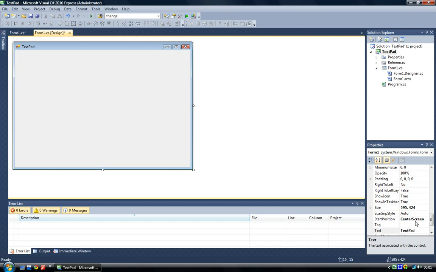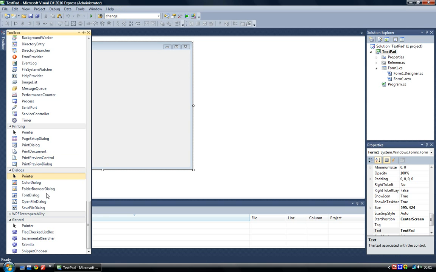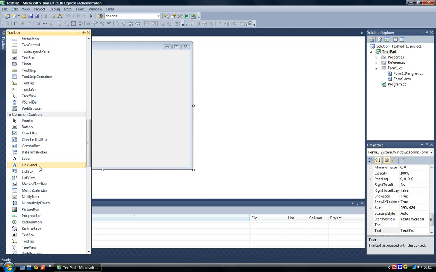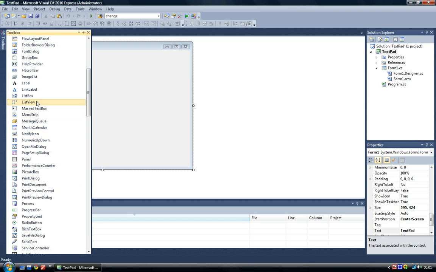I call mine TextPad. So I change the title to that, and I also choose the center screen as the start position. That's the only thing I've done. I haven't changed the border style, nor have I removed the maximize button, which I have done in previous tutorials. You'll see why soon. So go ahead, and the first thing we need to do is insert a menu strip,